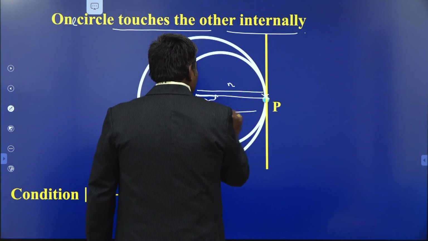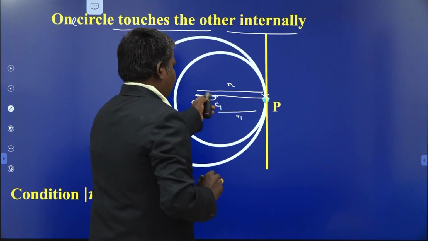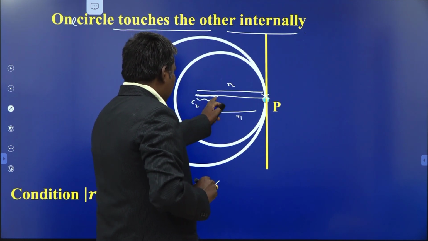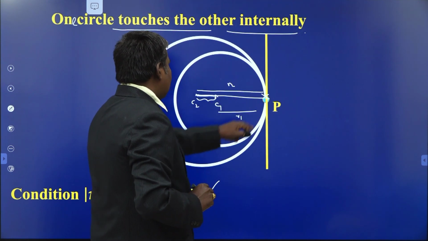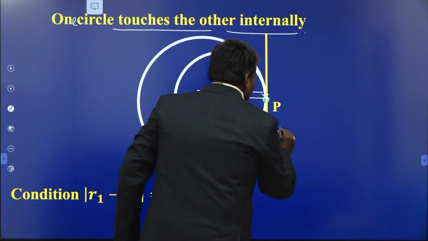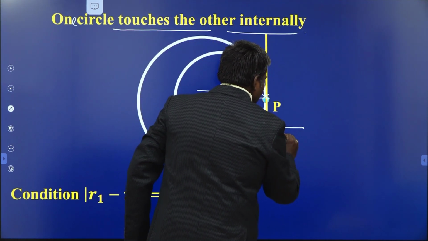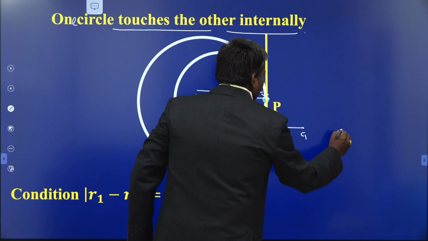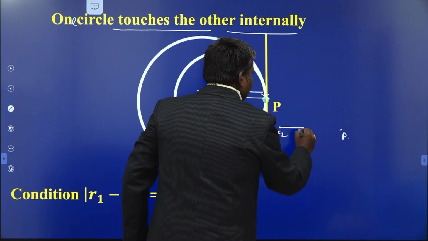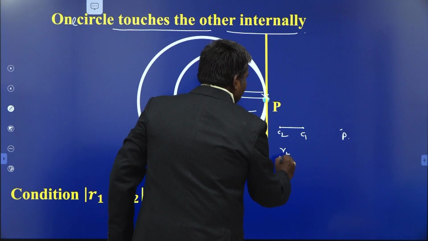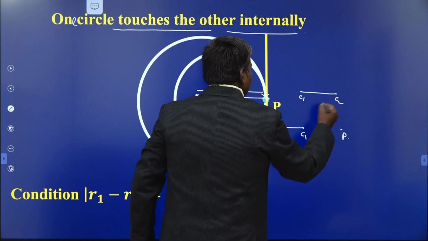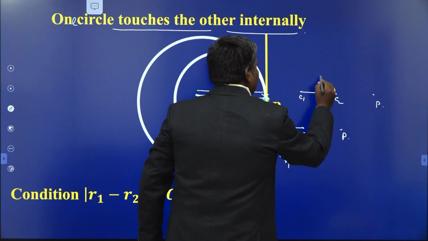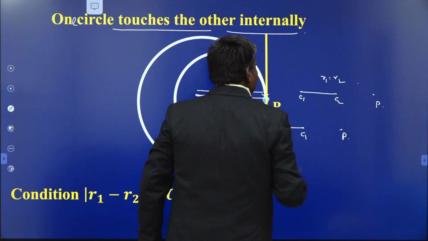This is R2 is to R1 from this figure. If you take C1 as this one, C2 as this one, R1 is to R2 externally. From the figure itself, the line joining of centers C2, C1, this is the point P here. C2P by C1P is nothing but R2 by R1. Suppose if you take centers in this manner, C1, C2, that is your point P here, that divides in the ratio R1 is to R2.